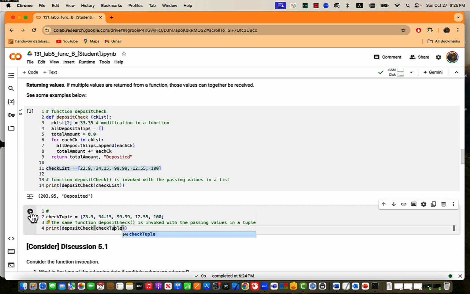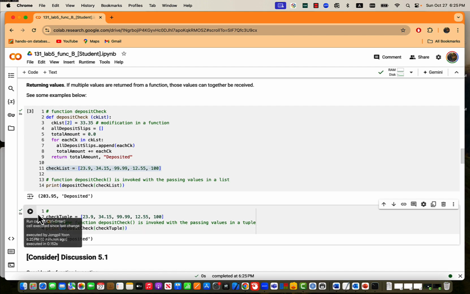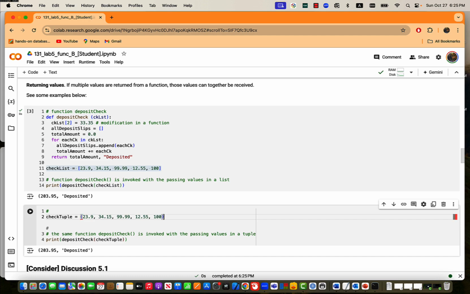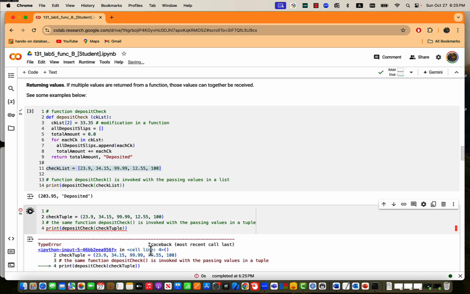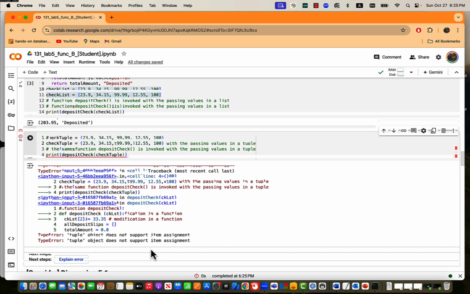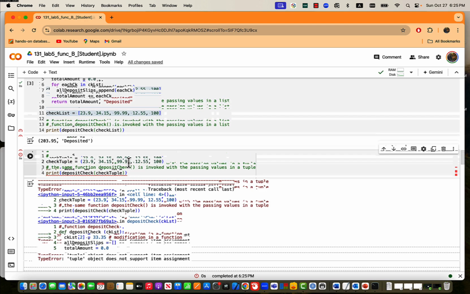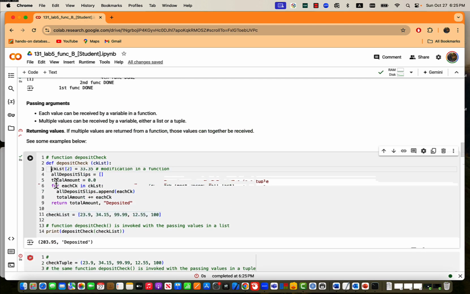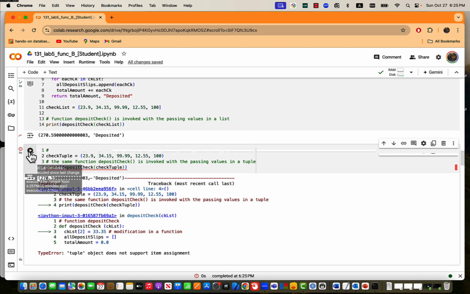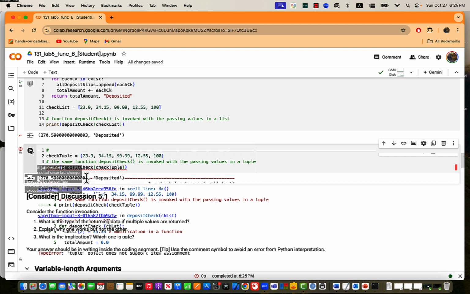It should actually be a tuple, not only a name, but actually needs to be a tuple, like parenthesis. So when I run this, then there is an error, right? Because tuple does not allow you to modify, right? So if you want to run this, then you need to remove this modification. So when you remove this modification and rerun this, then total amount is 270, and that is